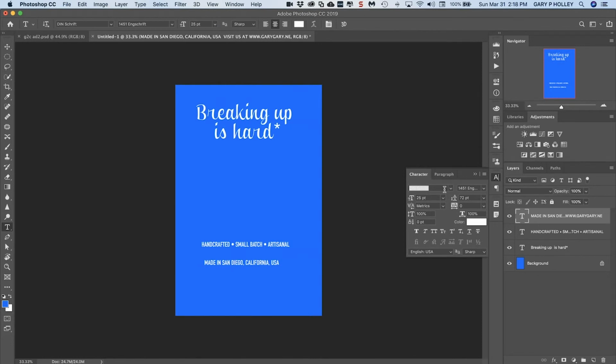Okay, so this gives us all that information. It gives us the font style, the size, and this here is called the leading. So you can see it's 72. It's really large. Now you can set it to auto, which will give you what it thinks is the best spacing, or you can go ahead and create your own number here. So if I went to 25,